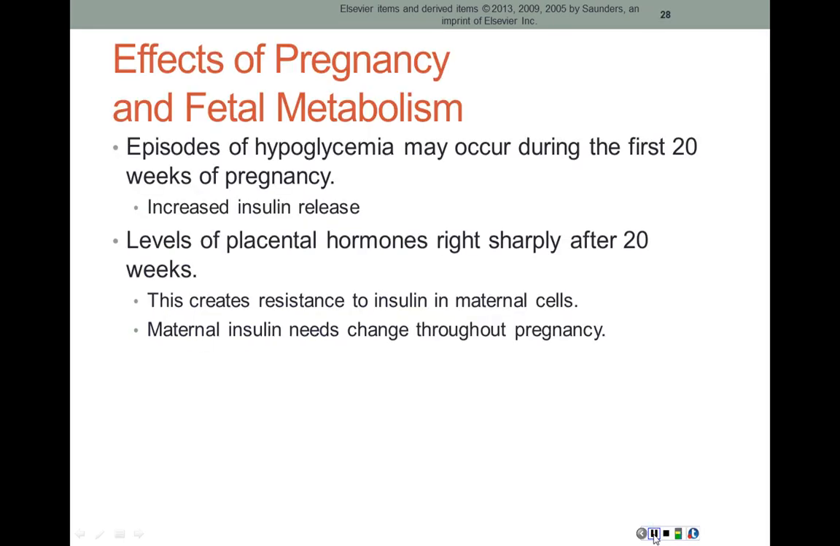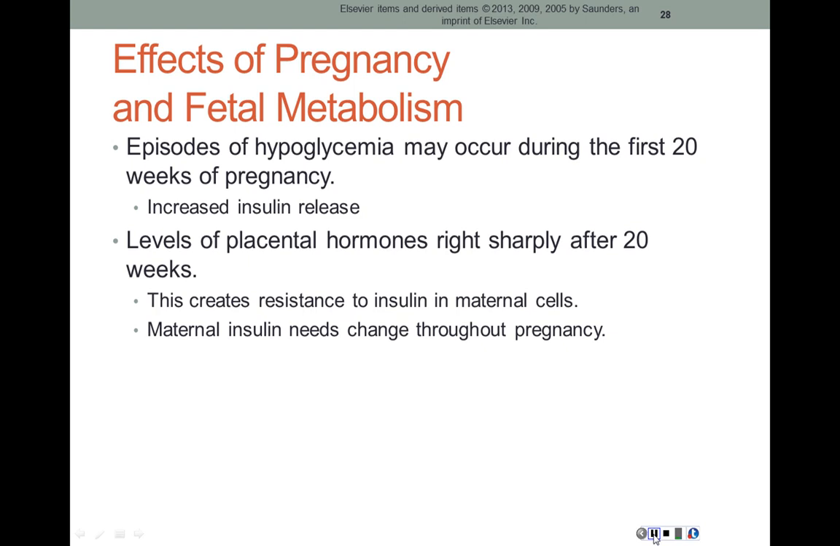So, effects of pregnancy and fetal metabolism. Episodes of hypoglycemia may occur during the first 20 weeks of pregnancy, and that's because pregnancy causes females to be insulin resistant. So after 20 weeks,